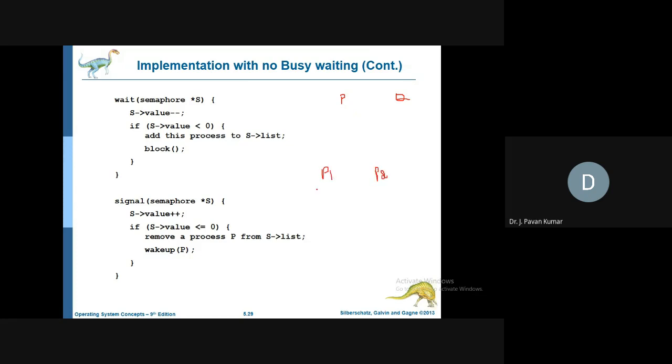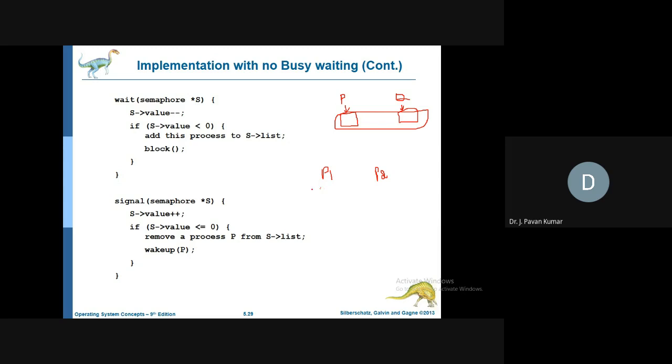P is used to maintain one critical section, and Q is another semaphore variable used to maintain its own critical section. So P is like one lock, Q is like another lock. Now P1 needs to modify these two critical sections, that means these two shared data items P1 wants to access.